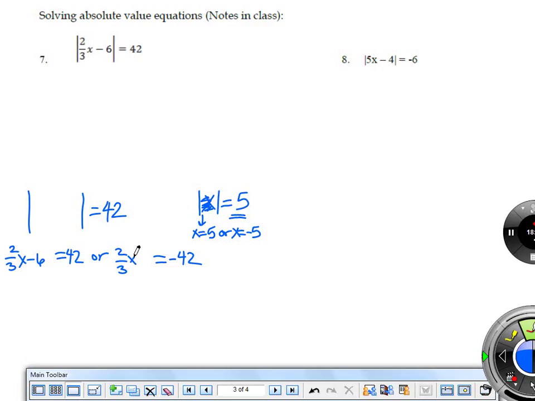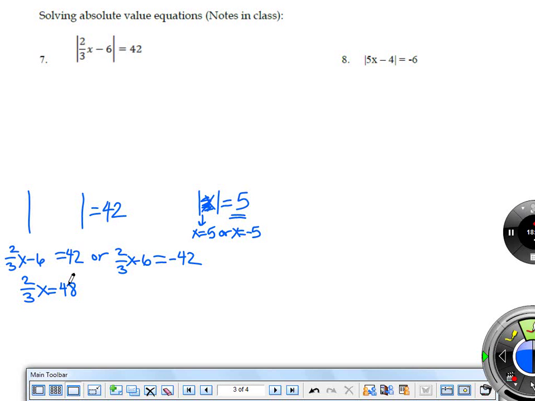So basically, to solve absolute value equations, you set up two equations, the two possibilities that could happen without the absolute value bars. You don't need the bars anymore because the bars mean that either this happened or this happened, and now we can solve it like we do in Algebra 1. Okay? That's okay. So here, if we add 6 to both sides,